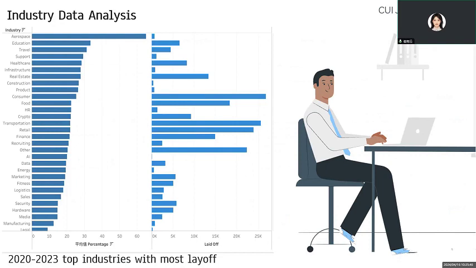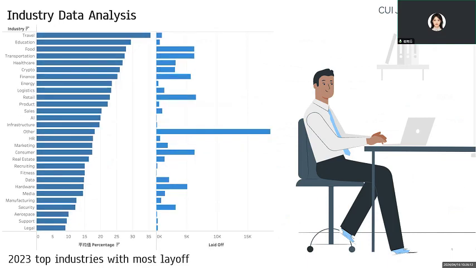According to the average percentage of layoff in different industries, we can see that aerospace, education, travel, sport, and healthcare are some of the most serious layoff industries. However, according to the total number of people laid off in different industries, there is a different result: consumer, transportation, and retail are some of the most serious layoff industries, probably due to the large size of the industry.